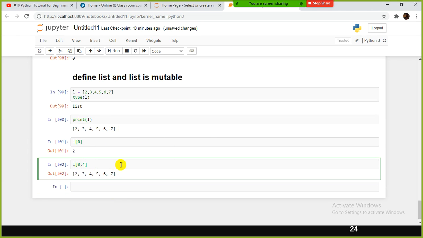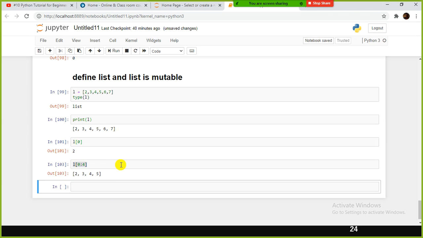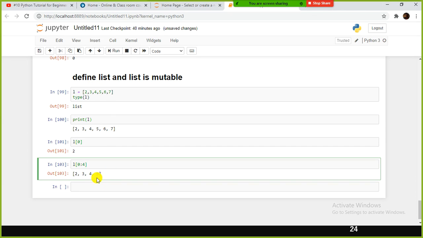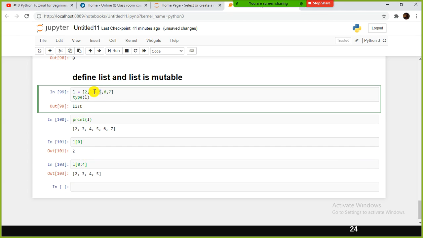Or if I give 0:4, we get 2, 3, 4, 5. But in string we will get only 2, 3, 4. 0 to 3, right? 0, 1, 2, 3. See, this is the 0th position, first position, second position, third position. The fourth is not picking up.